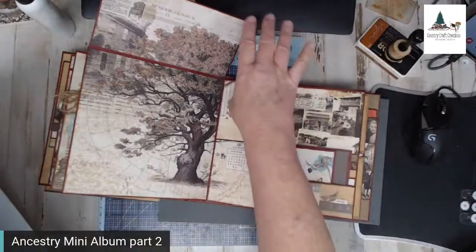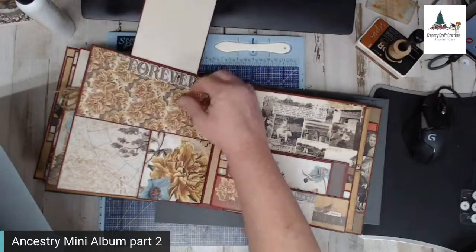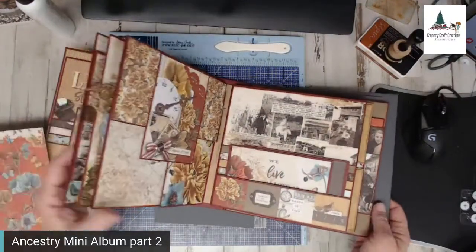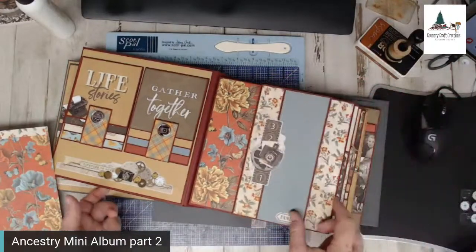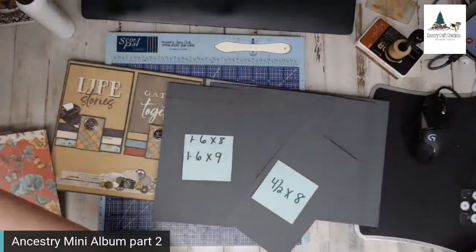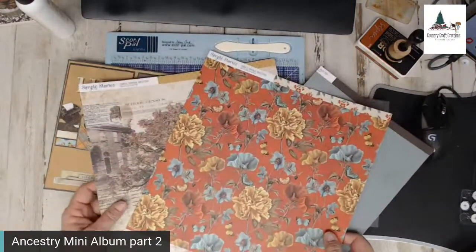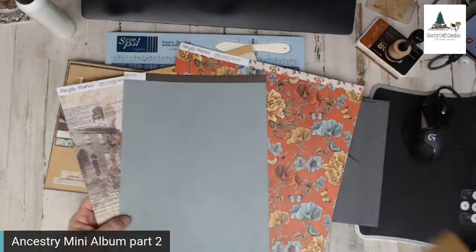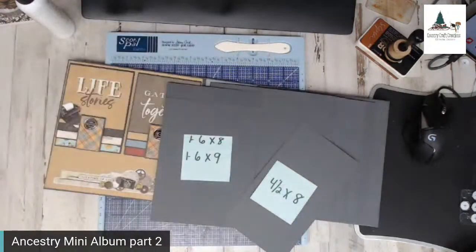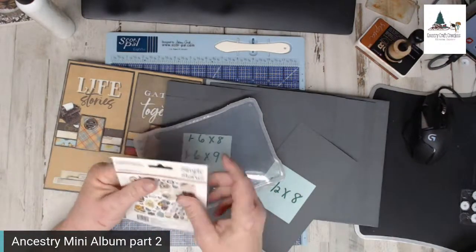And then we're going to be using the back side for this other piece. It's the back of this for the inside of our pocket. So these are the pieces we'll be using. Plus the gold, and you should have some of the gold left. But because we're going to be using some of the ephemera, the bits and pieces,